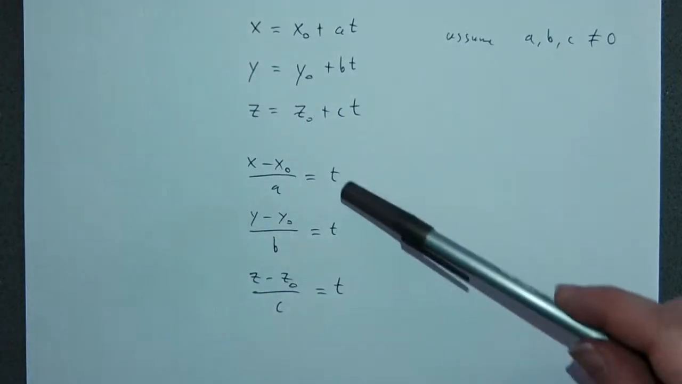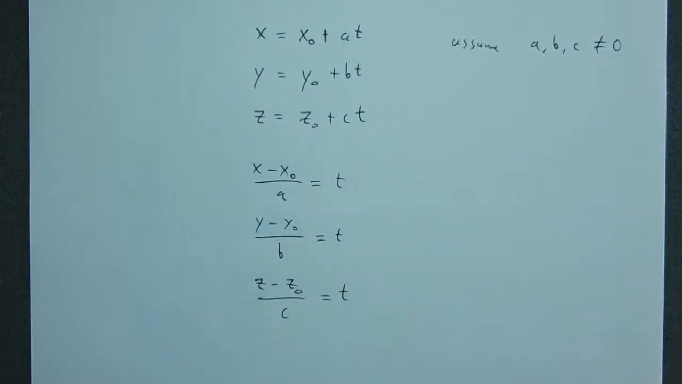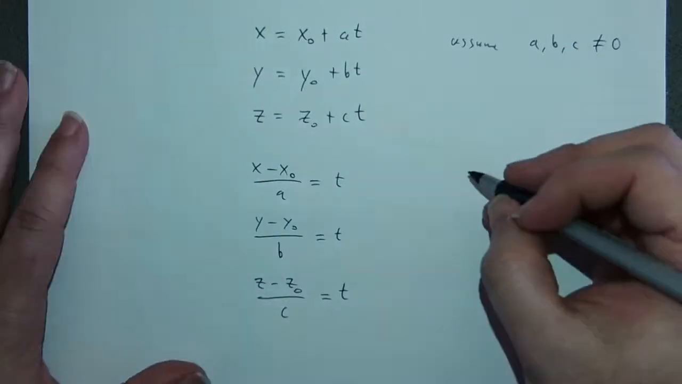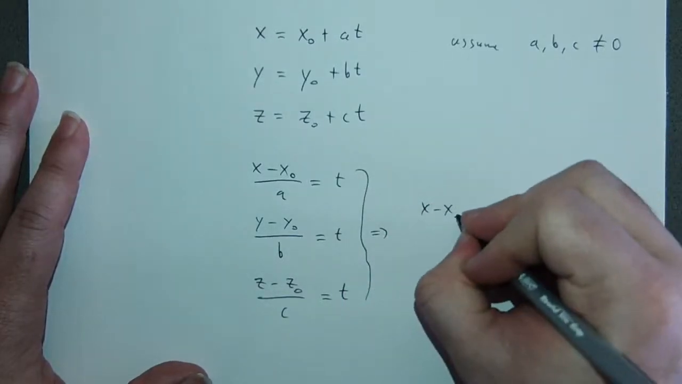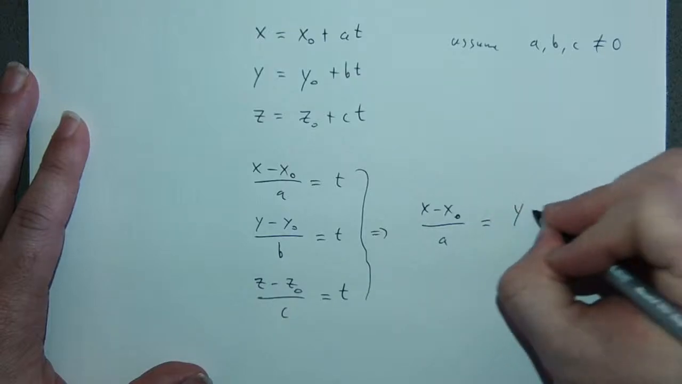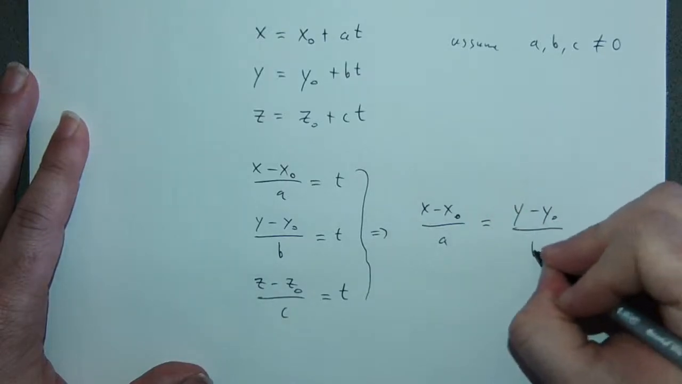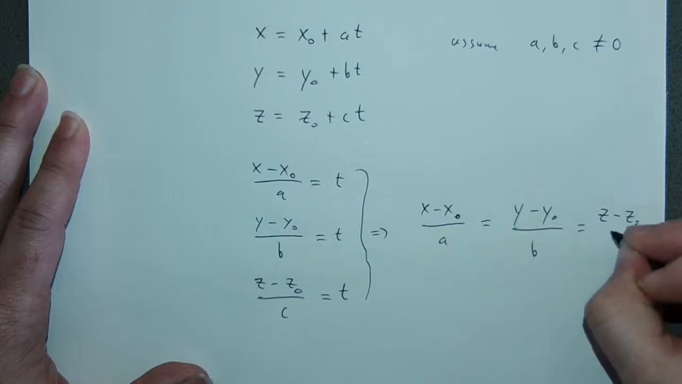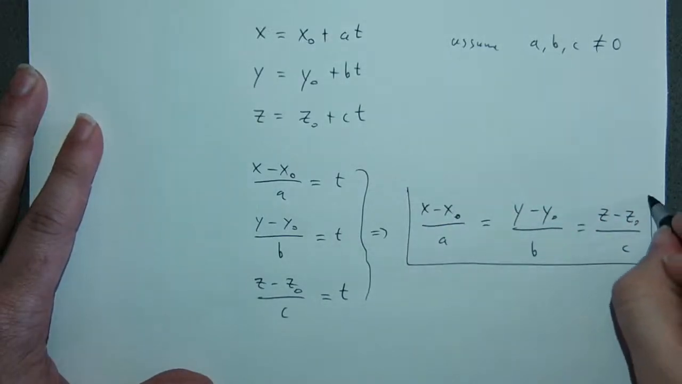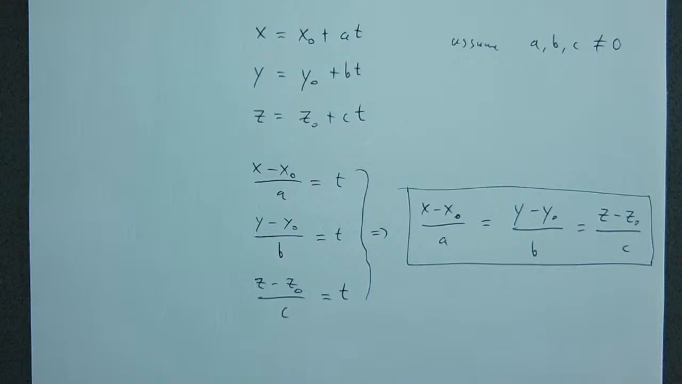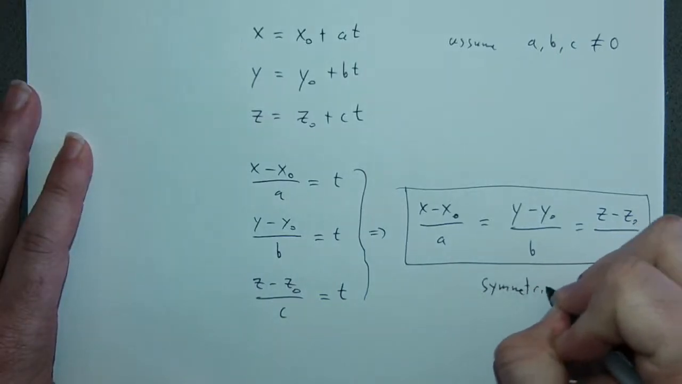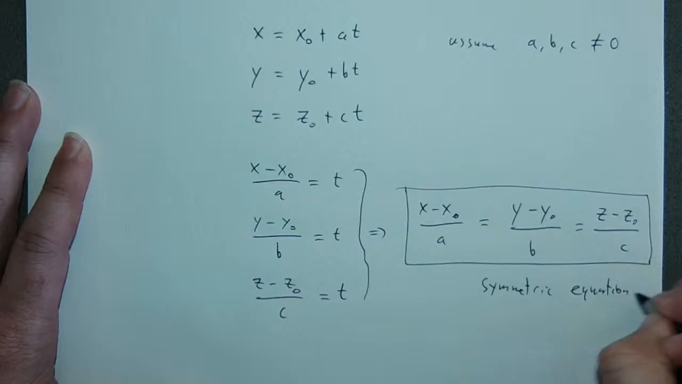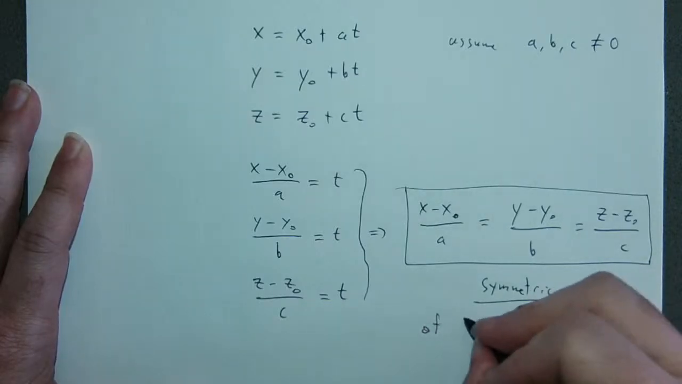Okay, but now, all these things are equal to t. So they're equal to each other. So what this means altogether is that (x minus x0) over a is equal to (y minus y0) over b is equal to (z minus z0) over c. I have eliminated this other quantity t entirely by setting them equal to each other, because all of them are equal to t. These are called the symmetric equations. So these are the symmetric equations of the line